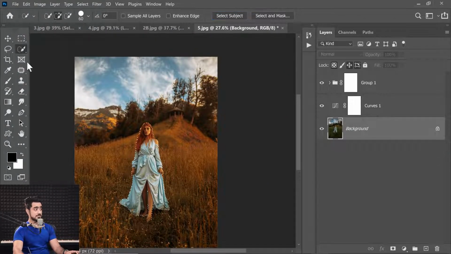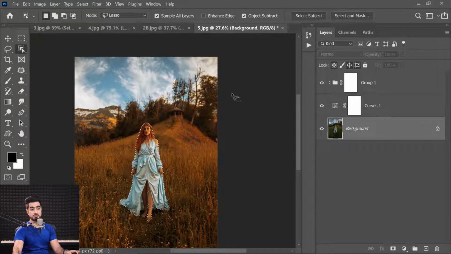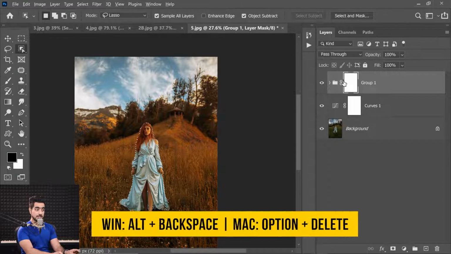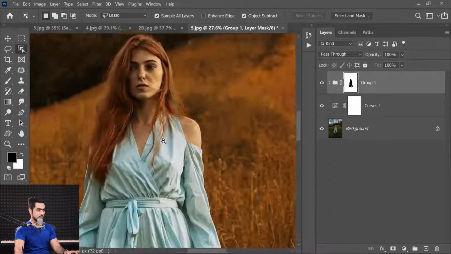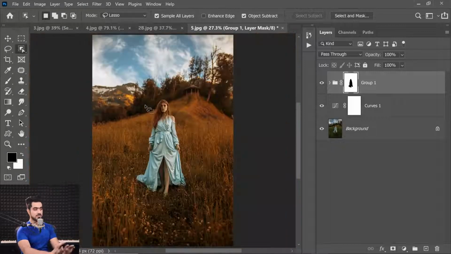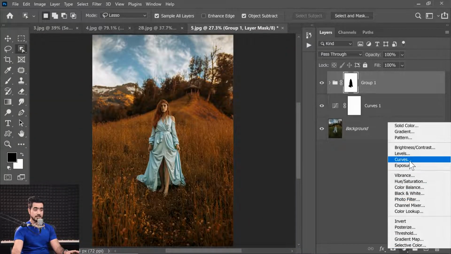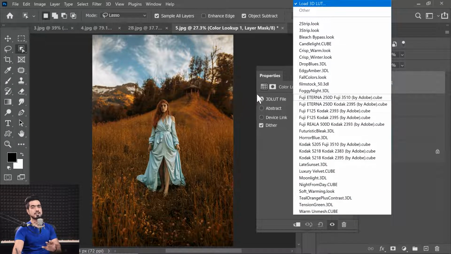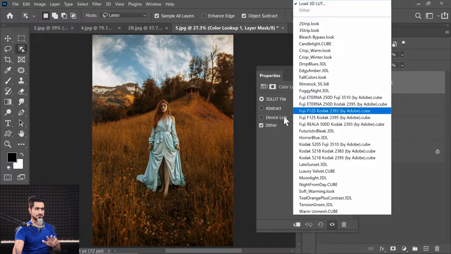Now to see select subject in there, you need to have the quick selection tool, magic wand, or the object selection tool activated. Anyway, once you have the selection of the subject, come to the mask with foreground color as black, press Alt backspace. So it's now taken away from our subject, which is pretty cool. Now on top of it, we can create a color lookup adjustment, and you can choose just the right LUT